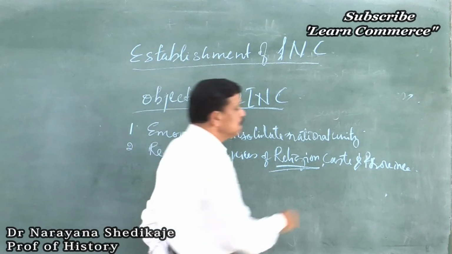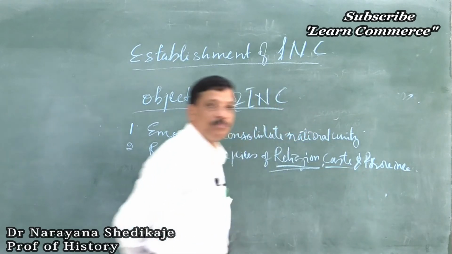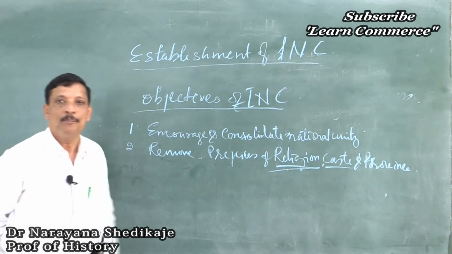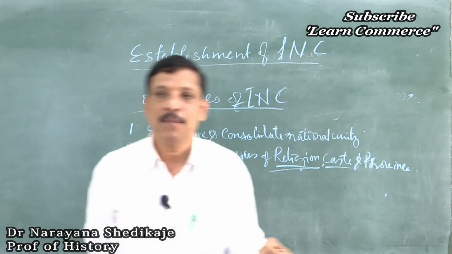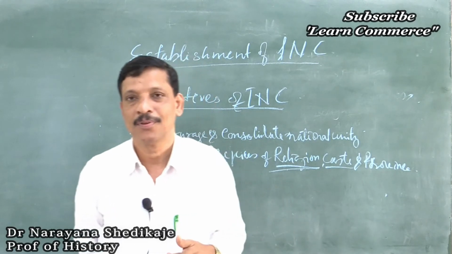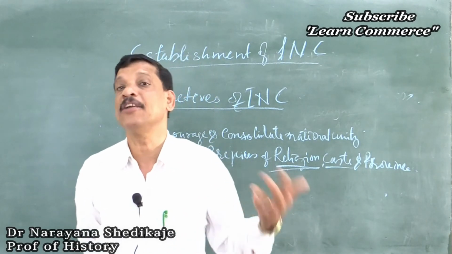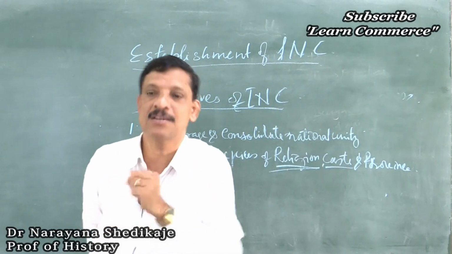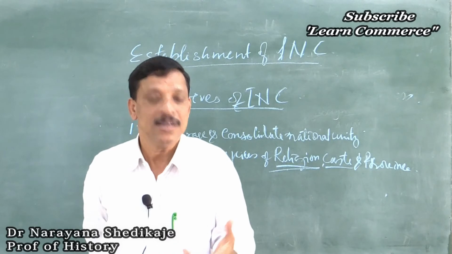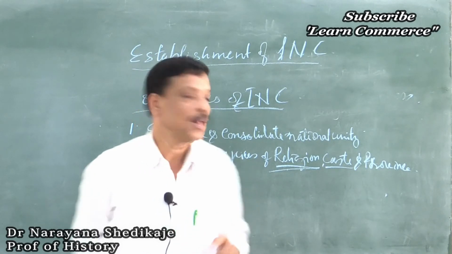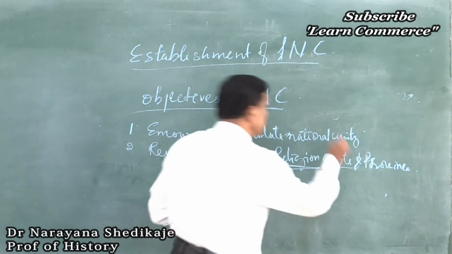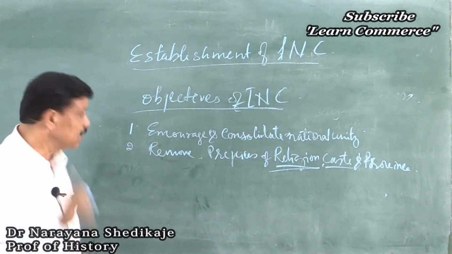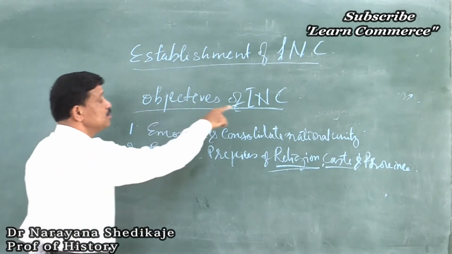And thirdly, that is caste. India is a country having thousands of castes. People will not get together because of caste differences, caste superiorities. Brahmins are in one group and some other castes are in some other group. That is why these differences should be removed and they should achieve unity, the unity of Congress and nation. That is another important reason why they established Indian National Congress.